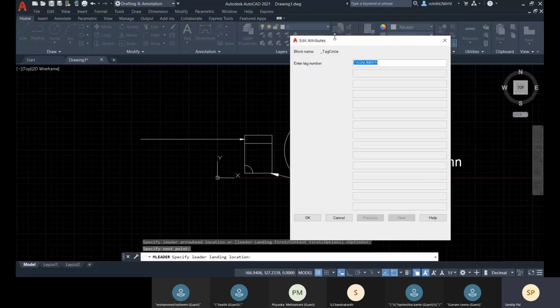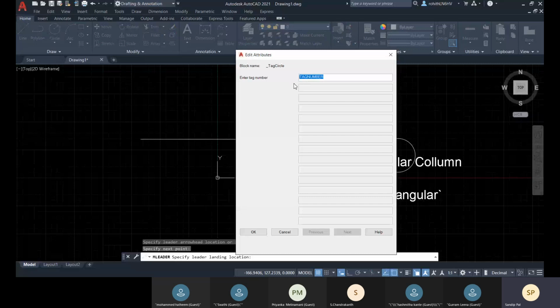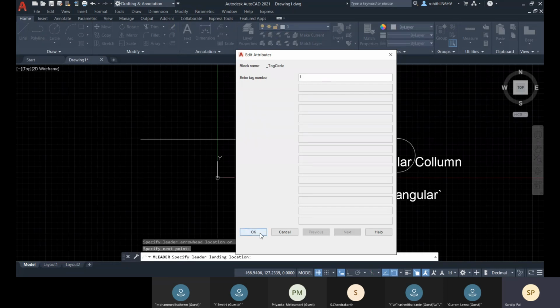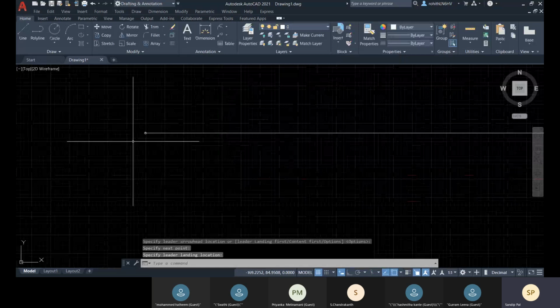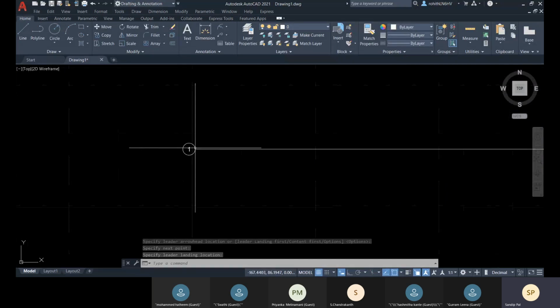Okay, and because there is a block and attribute available there, with this block and attribute I can give some attribute value. Click on OK. And there you see this one is available here.